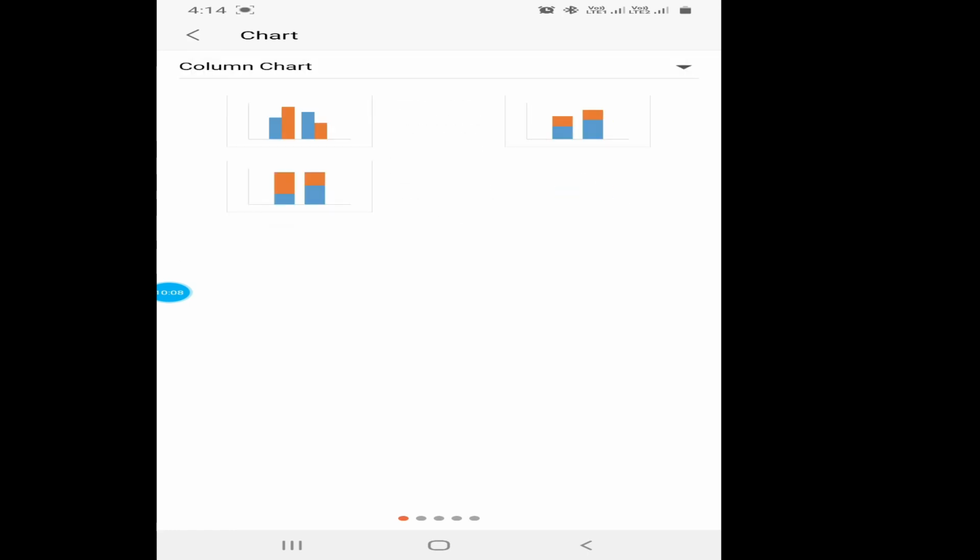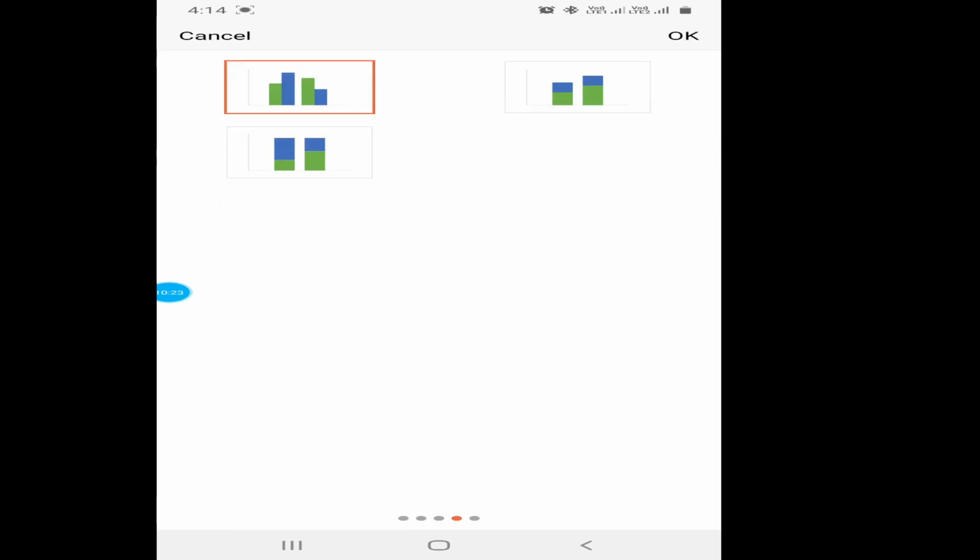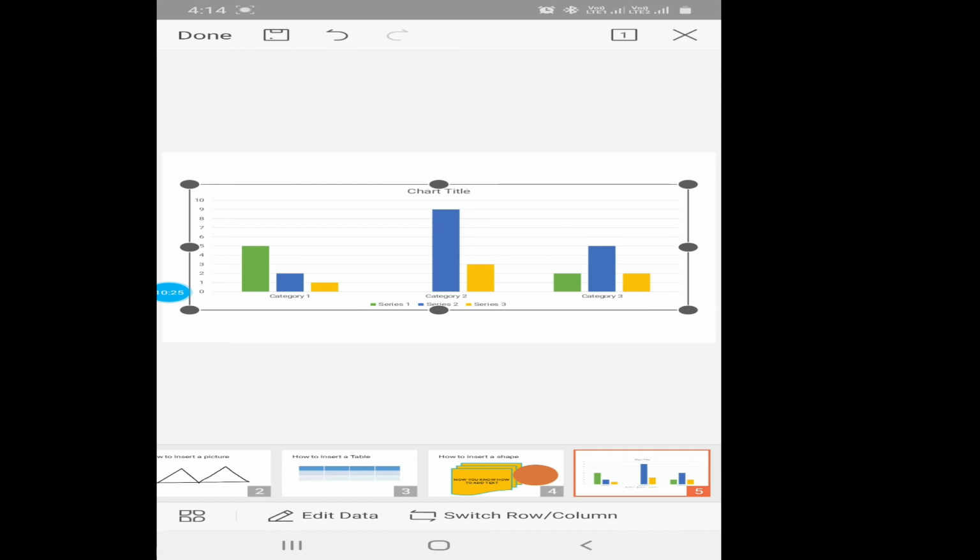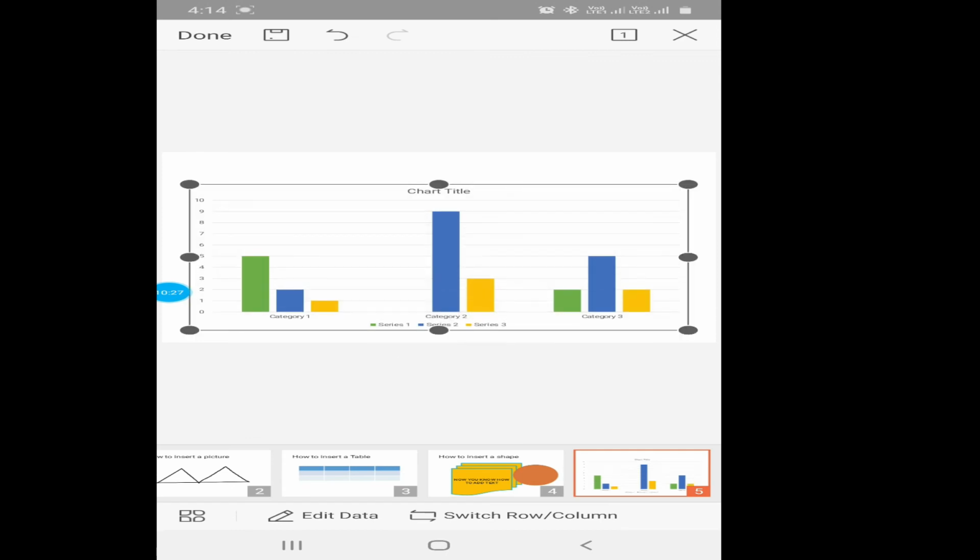Now in the column chart they have given different types of color variations which you can select. Yes, you can do your own also, but here many different styles are given. Inbuilt styles are there, so you can select one and click on OK. Now you can see over here that series 1, series 2, series 3 is written, so you can edit the data.